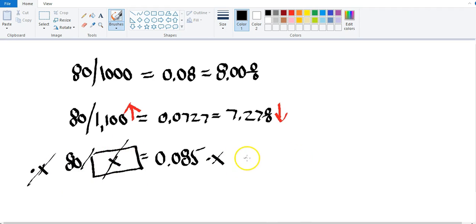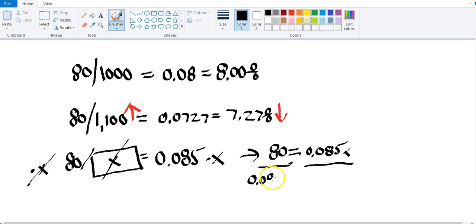That gives us 80 equals 0.085x. Now let's divide both sides by 0.085. The values eliminate on the right side, and now our solution is that 80 divided by 0.085 is x, and that value is